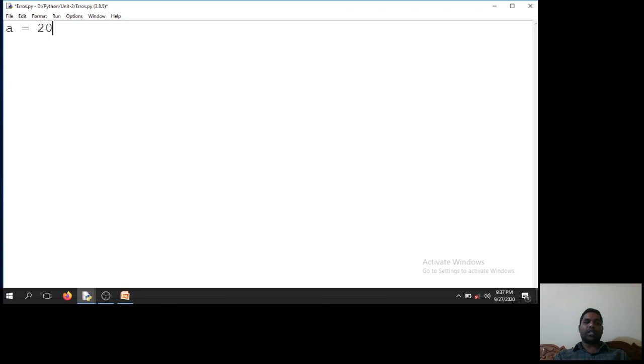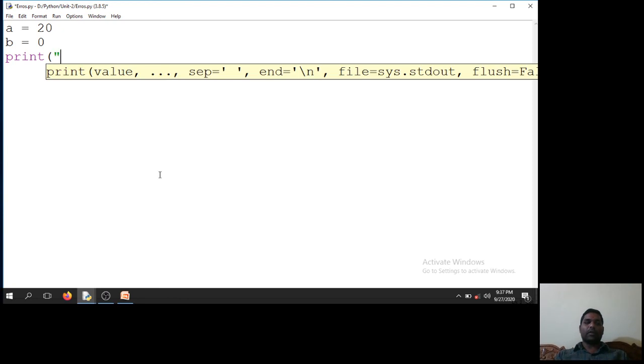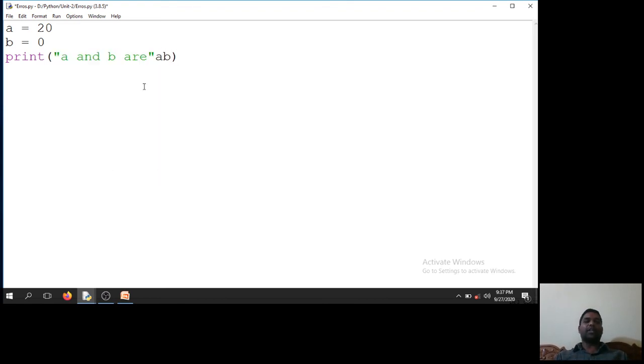A is equal to 20 and B is equal to 0 and print A and B are A, B. So here I need to write a comma to separate this string and these two variables. But I missed these commas.